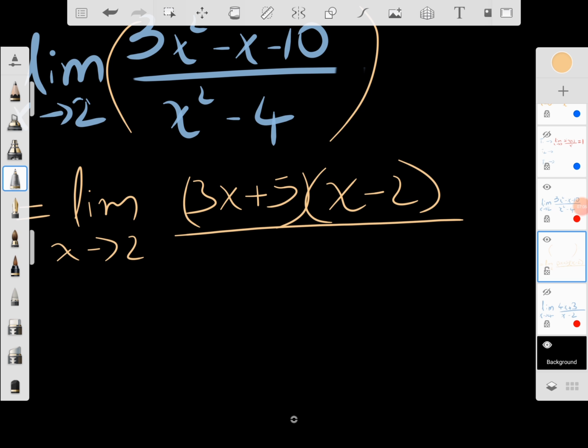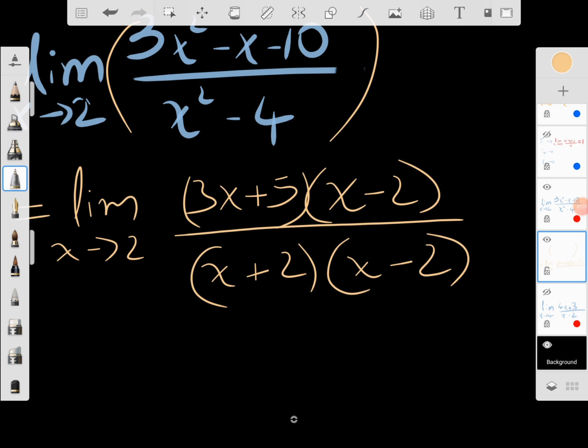And the denominator also I will factorize. So the denominator is x² minus 4. Now that is in the form a² minus b². So a² minus b², I can write as (a + b)(a − b). So it will be (x + 2)(x − 2). Wow, now we have something. Look at the numerator and denominator. I can cut this x minus 2 and x minus 2. And therefore, what I get is